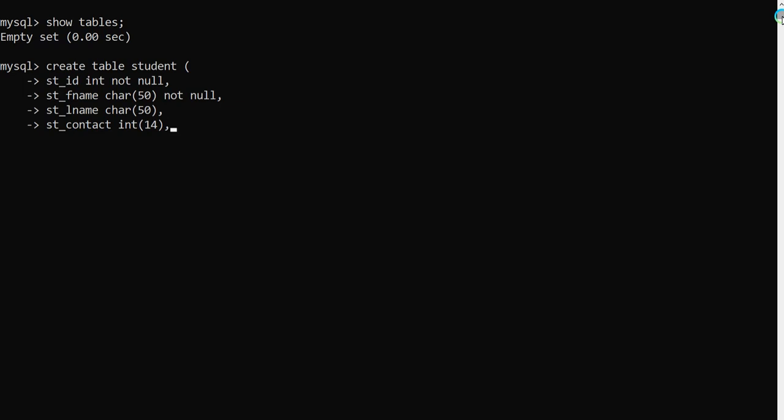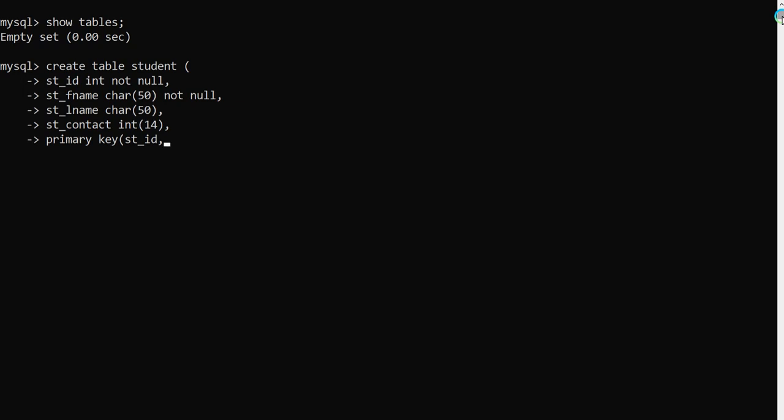And then after, if it is the last, then we have to define here the primary key, so we will write here primary key, and the name of the column that has to be treated as the primary key inside the bracket, we will write student ID. If we want to make more than one field a primary key, no problem. After the first column name, give a comma and write the other column name.